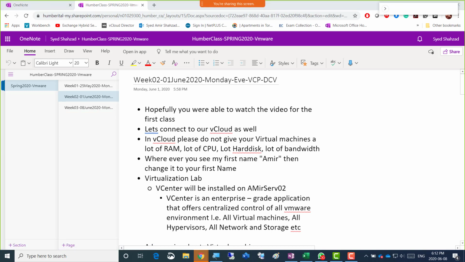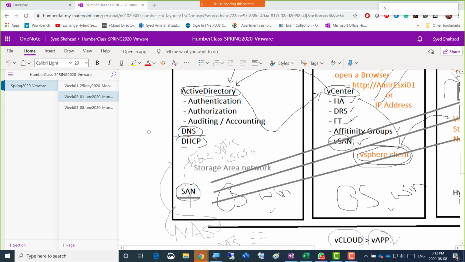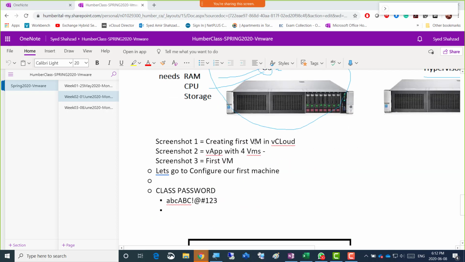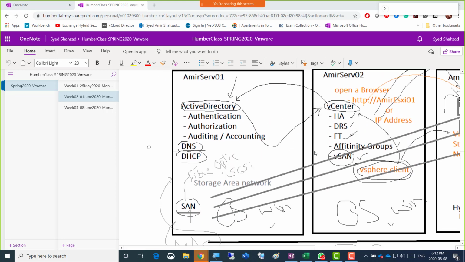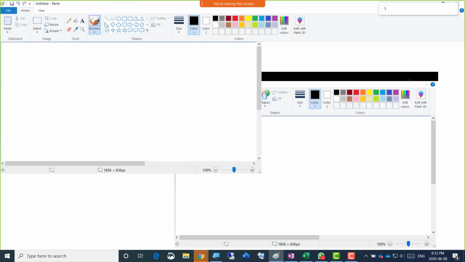Hopefully everyone's able to hear me, and I'll try to grab that diagram. All right, there it is. So yeah, we talked a lot about these basic configurations of virtualization, and we're gonna go ahead and talk about